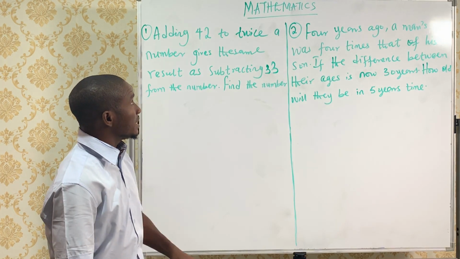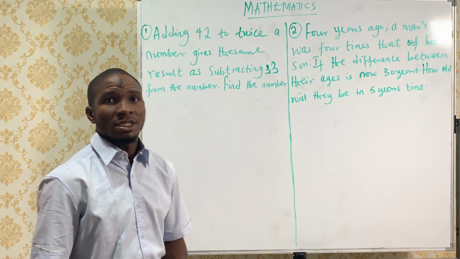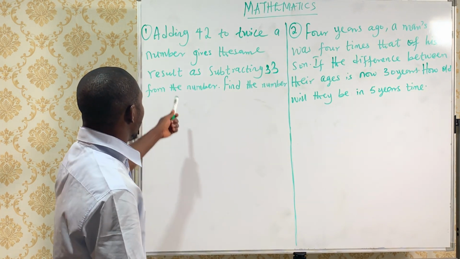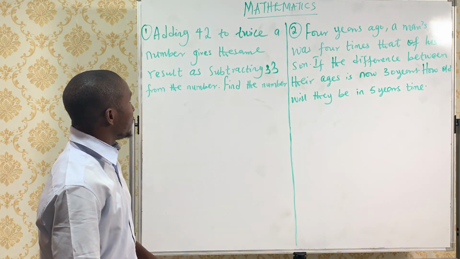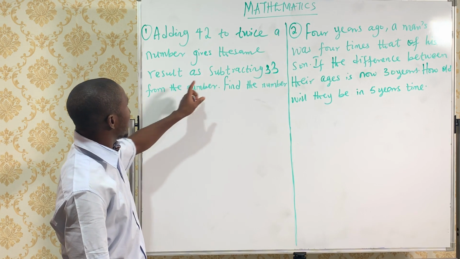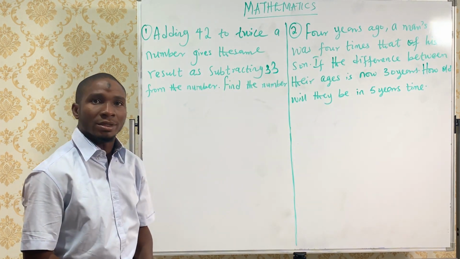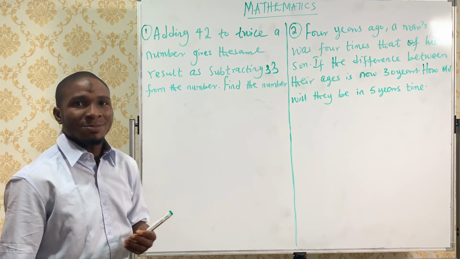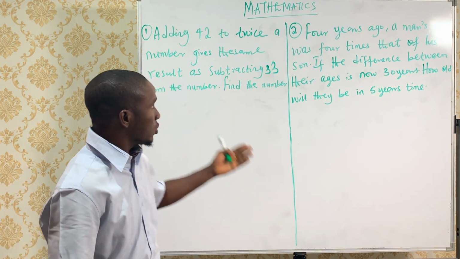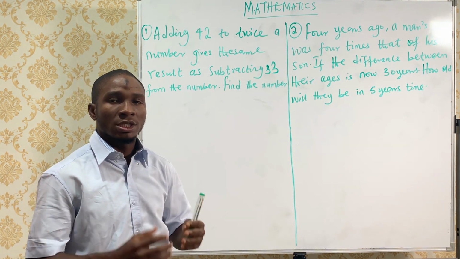Alright, so we continue with linear equations and formula. Now let's look at this example one. Adding 42 to twice the number gives the same result as subtracting 33 from the number. Find the number. This is a word problem. It's expected of you to now translate this word problem into a linear equation in which you can now